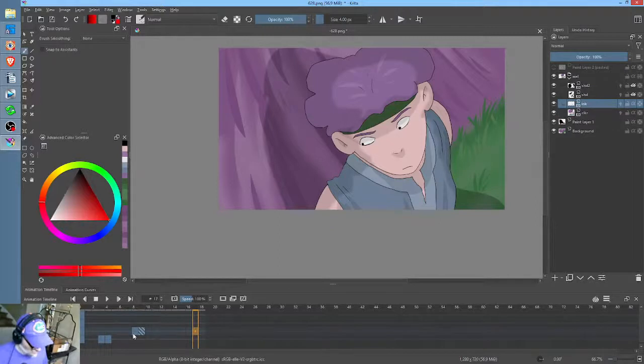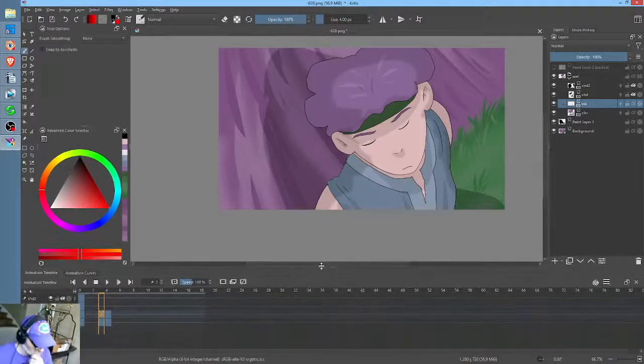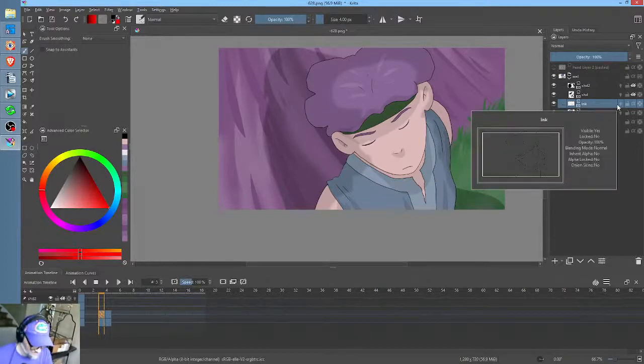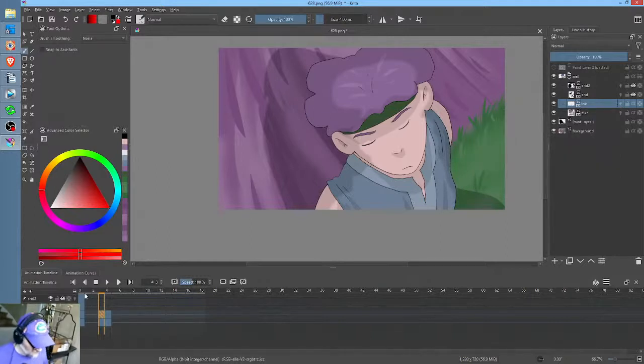How in the world Krita decides which layers to auto pin to the timeline and which ones it doesn't baffles me. It seems really strange to me how it decides that. It seems like the first one that's created when you create the Krita file does not get pinned and everything else does. I think that's what's happening. But anyway, so we go like this, and now let's take